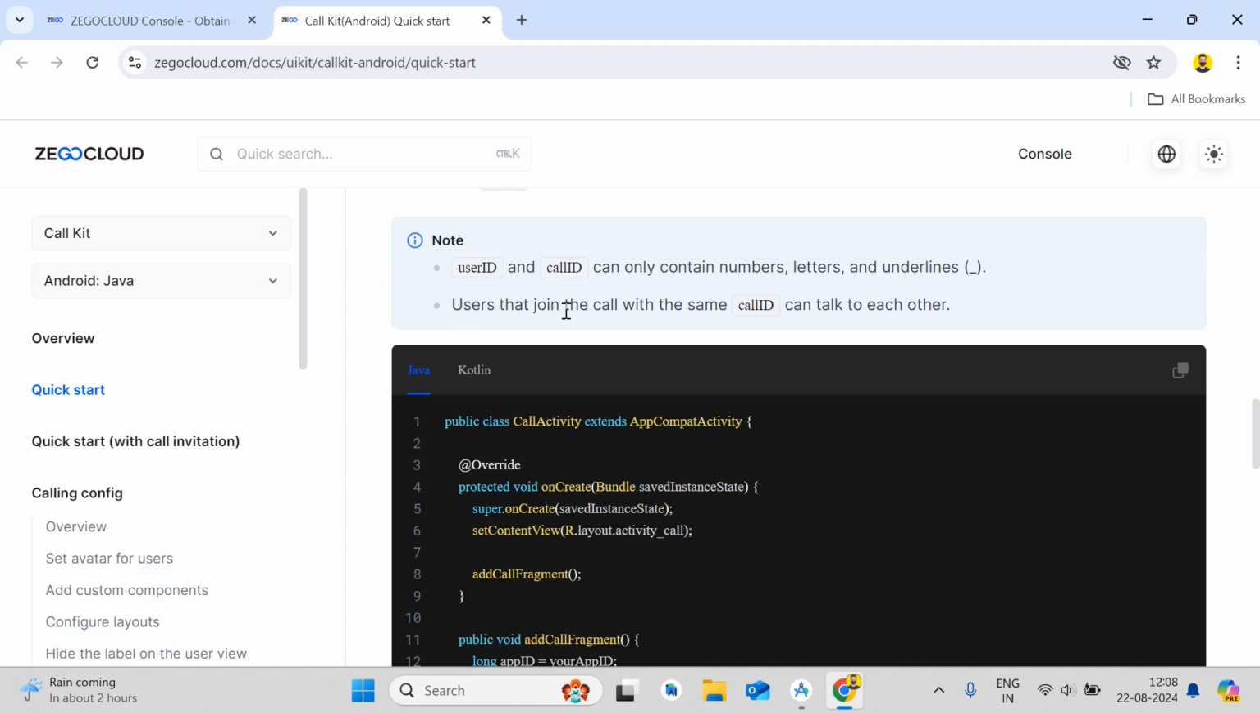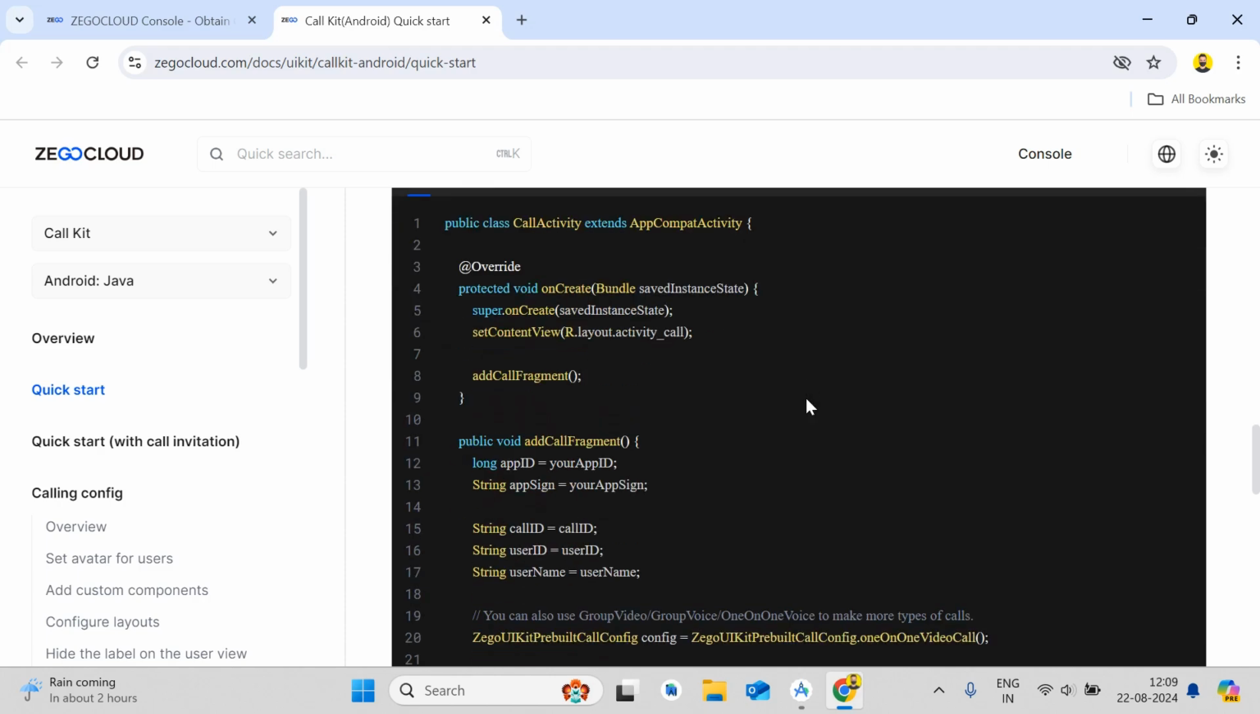Okay, and users can join the call with same call ID, can talk to each other. So only if two users have same call ID, then only they are capable of talking to each other. Otherwise their call will be connected, but there will be no other user because the call ID is not matching. Okay, so you need to make sure call ID should match, and user ID and call ID only contain number, letter and underlines. Okay guys, now